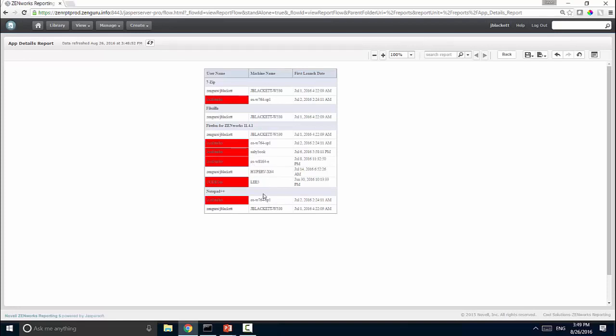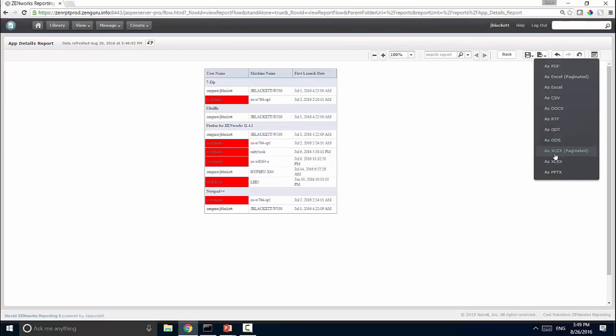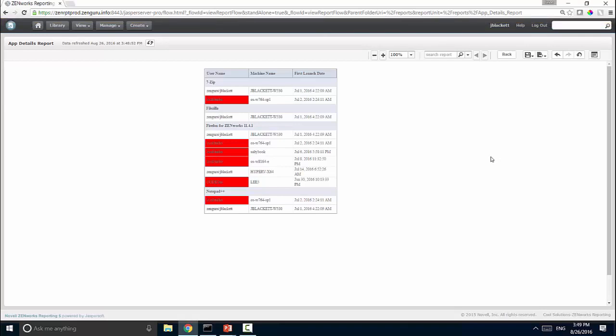So you could then take these reports, colorize them, use them for dashboards, those kinds of things, or use it to quickly allow users to key off of certain values. You could then save this report, send it off. You can export it as a PDF or Excel, whatever you may need to get it over to somebody else, and you're ready to go. So that's how you create tabular reports